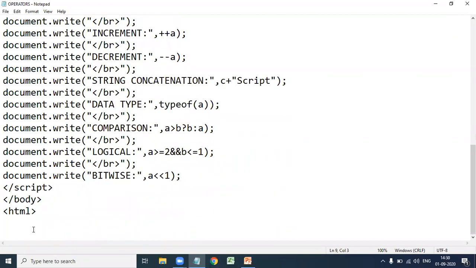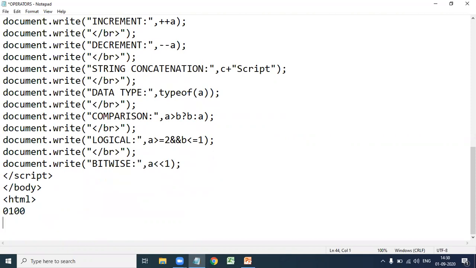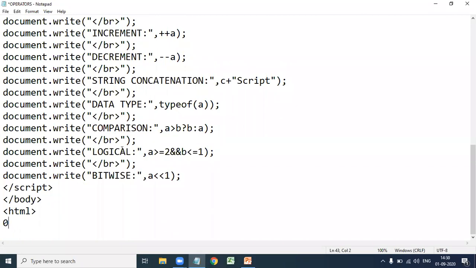Here the bits are shifted to the left, so 100 becomes 1000, with 0 in place of the LSB. So here bitwise is 8.